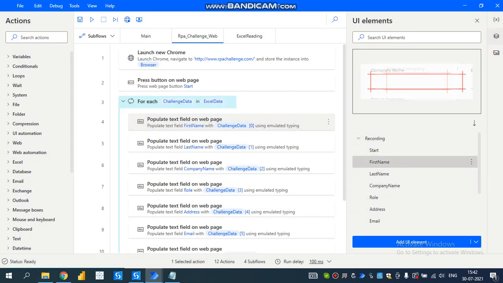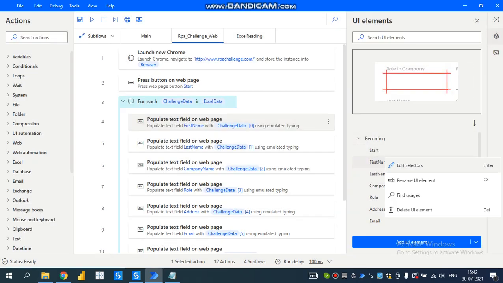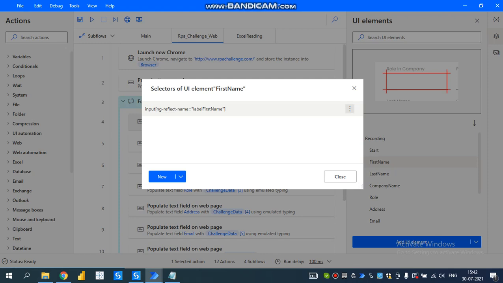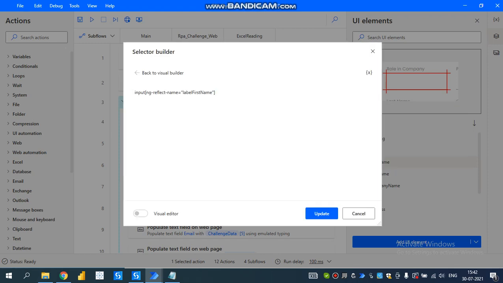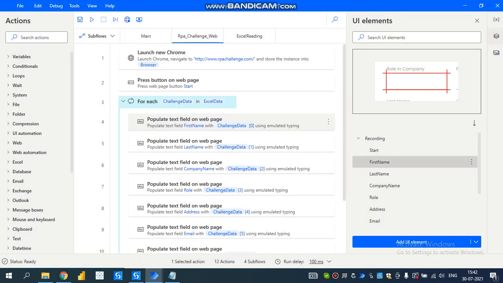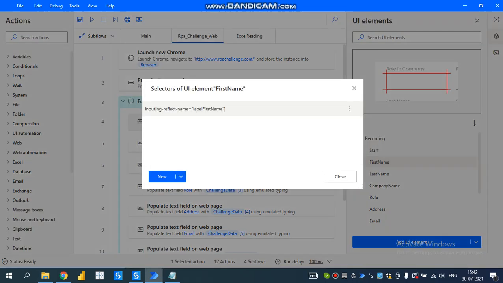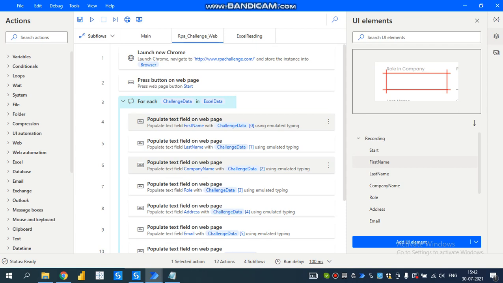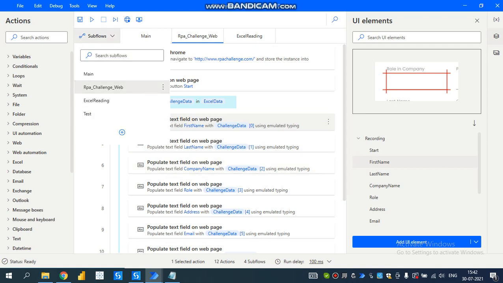I'll show you the selector here. Selector, we can edit custom. We can give our custom selectors here by clicking these.